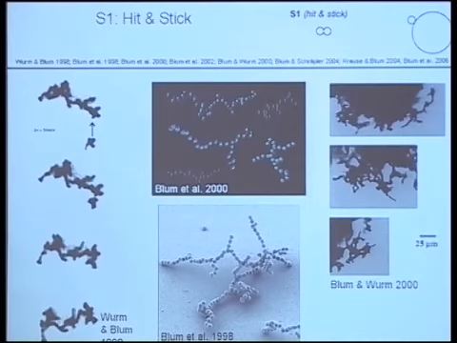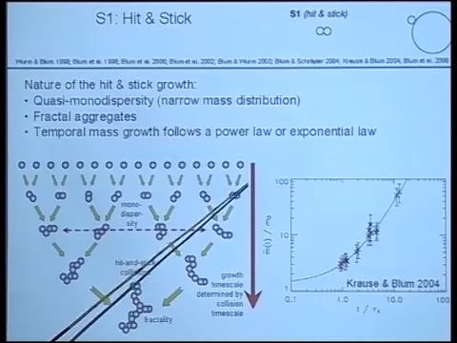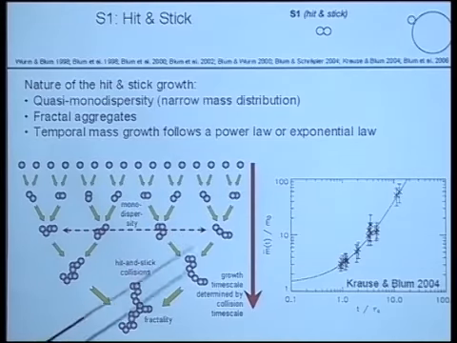Hit and stick, that's the very simple thing. Two particles come together and they stick at the point of first contact. They hit and stick immediately by surface forces, van der Waals forces. Very, very simple. And we've done in the past 10 years or so many experiments, and all these experiments, different pictures from optical microscope, electron microscope, reconstructions, show the same thing, namely these open, fragile-looking structures, and we know that these are fractals with a fractal dimension of about 2 or a little bit below that. And fractals you may form in a hit and stick process if you start out with monodispersed spherical particles.